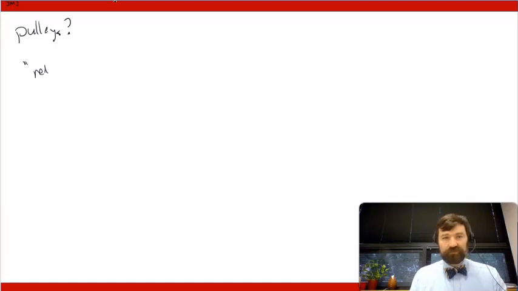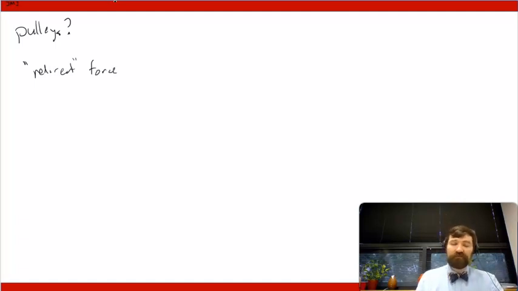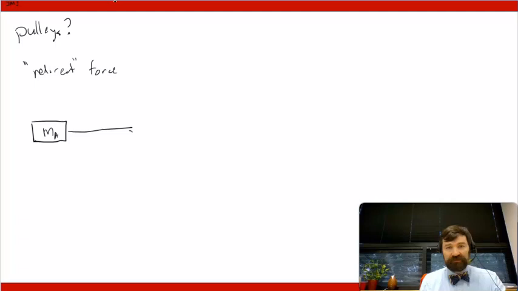They do that by essentially the string applying some force to the pulley, and the pulley applying some countering force to the string, and that allows it in some sense to change directions. So if I have a system where I have block A up here, and then a string and then a pulley, and block B is somewhere down here,